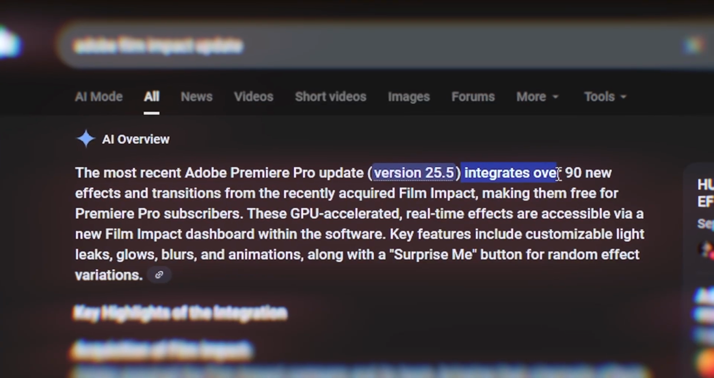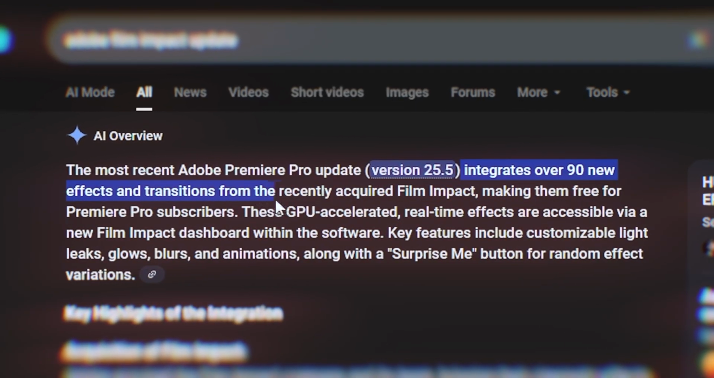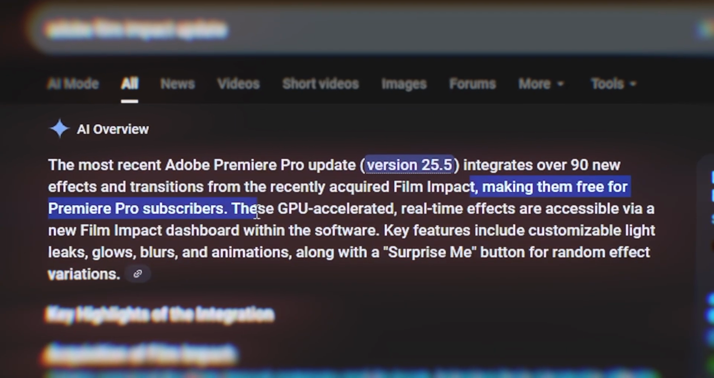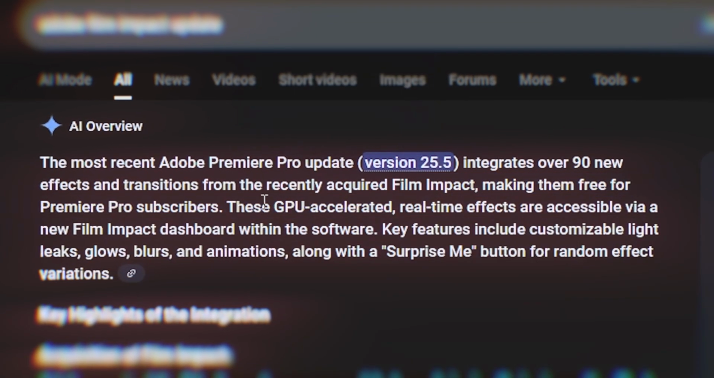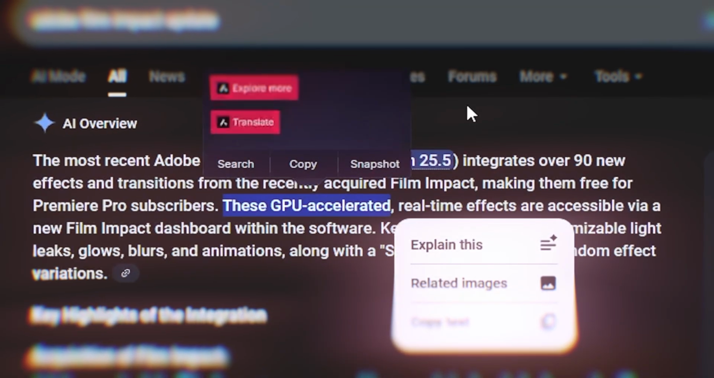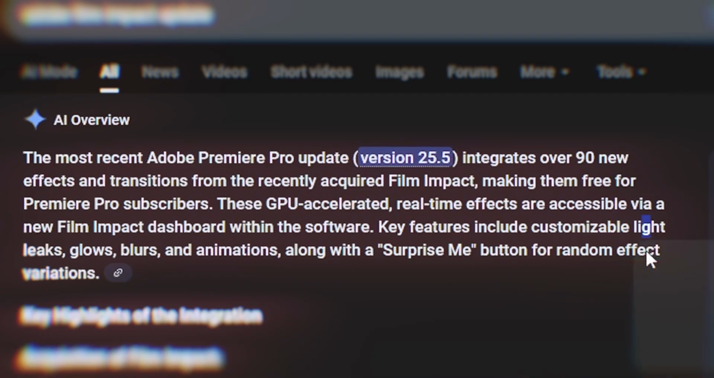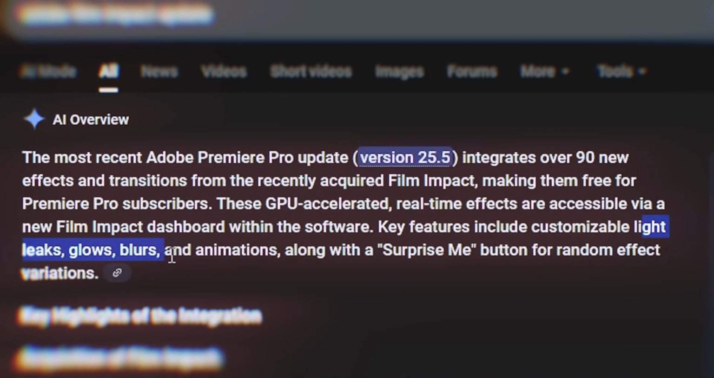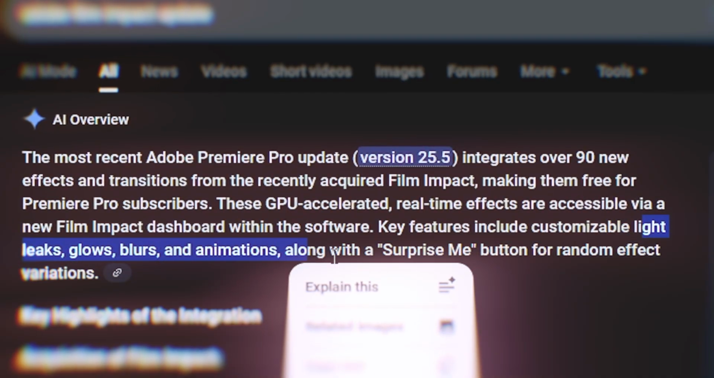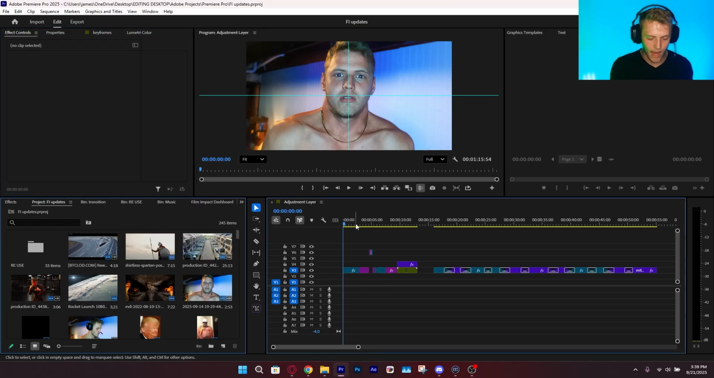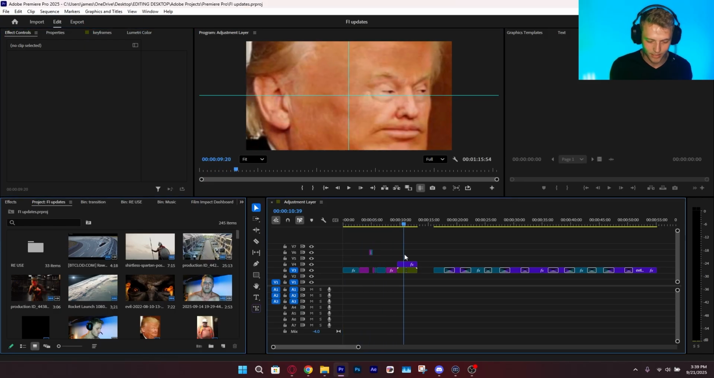The new Film Impact update has over 90 new effects and transitions recently acquired from Film Impact, making them free for Premiere Pro subscribers, and they are GPU accelerated. That means it uses your graphics card because it's super fast. Some of these include customizable light leaks, glows, blurs, and animation presets, along with the Surprise Me button for a random effect variation. And now we are going to take a look at it on this timeline of random crap